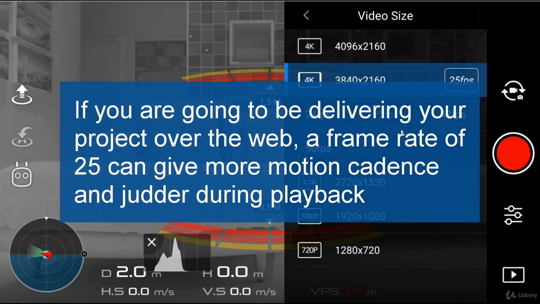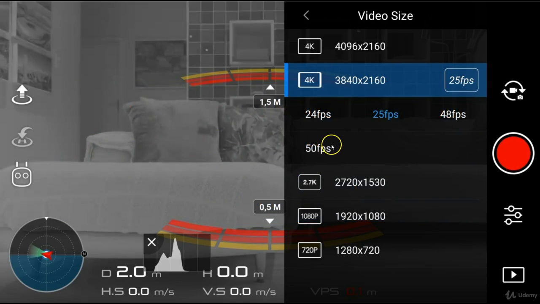Well, if you're going to be delivering your project over the web, which most of us are, YouTube, Vimeo, Facebook, a frame rate of 25 can give more motion cadence and judder during playback. And if you have a frame rate of 30 or multiples of 30, so 30p, 60p, the playback is generally smoother over computer screens. So that's something to think about, in which case you must record in NTSC and either